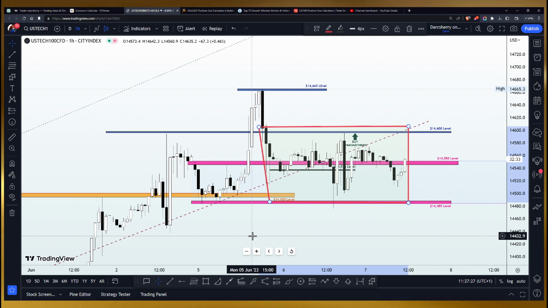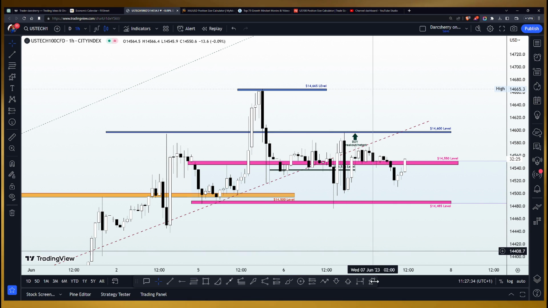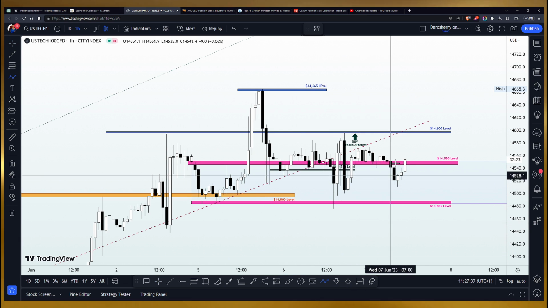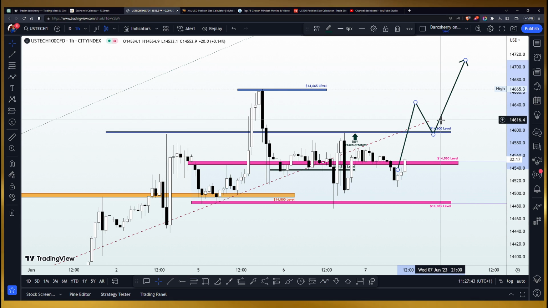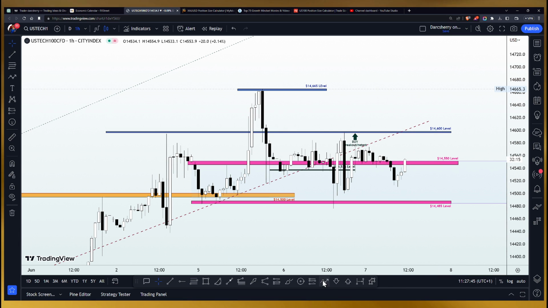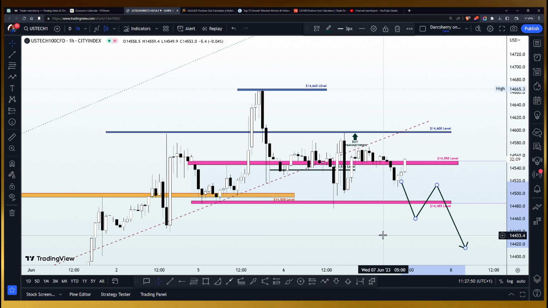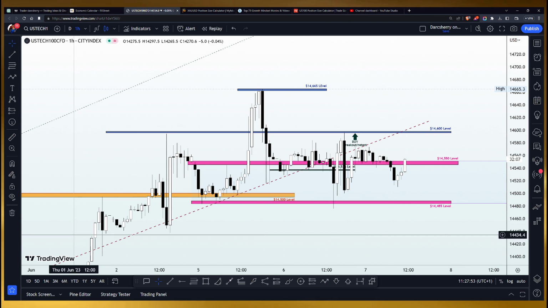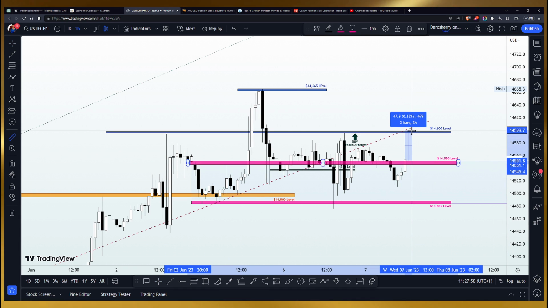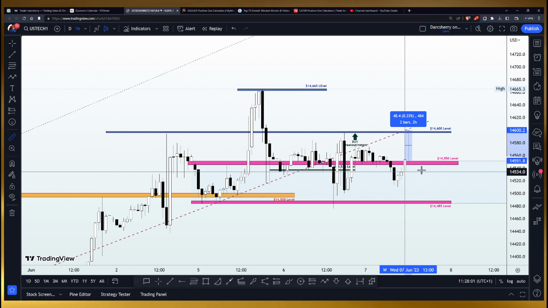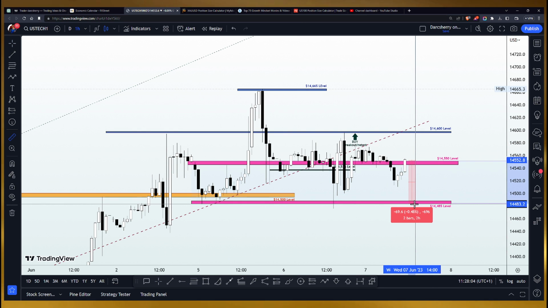We want to remain very patient, waiting for structures to mature before we jump into any position here. And if we look at this from a technical standpoint, we can only buy if price action breaks out of that resistance line at the 14,600 to join a bullish momentum to the upside, or sell if price action drops below the 14,485 to the downside. However, if we look at the distance between price action and the resistance line, we have about 50 pips on that one, and if we look at it to the downside, we have also about 70 pips.